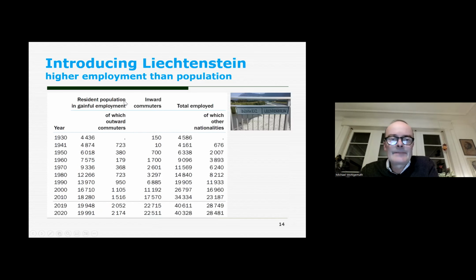And this is the employment statistic for quite a while, and you can see that total employment has increased tenfold. And the interesting thing is that you have more people actually working in Liechtenstein than the population of Liechtenstein. So there's much inward commuting, actually from Switzerland mostly. So Liechtenstein employs many Swiss guest workers, which is something also